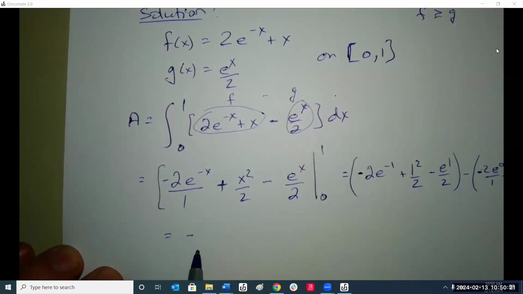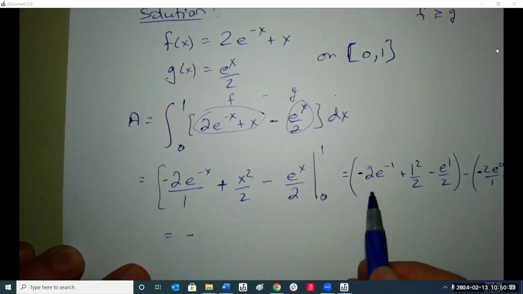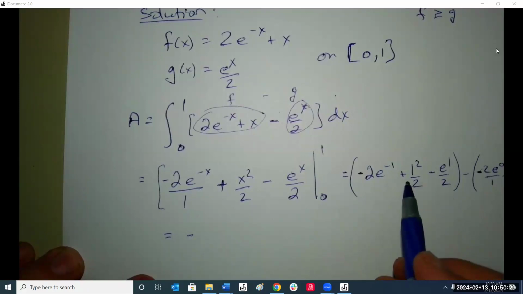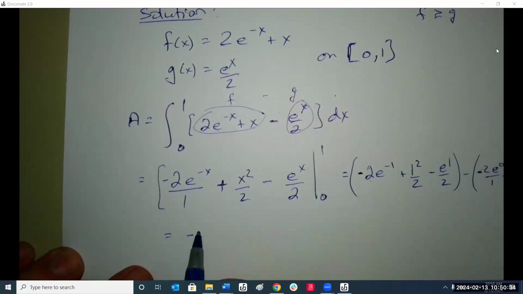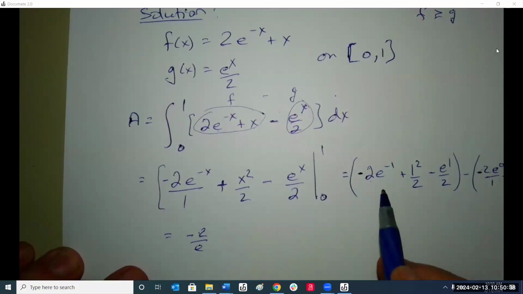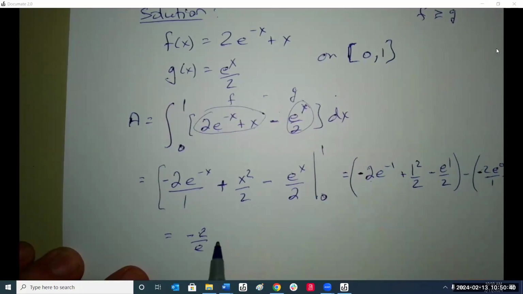This gives us negative 2 over e plus 1/2 minus e over 2,